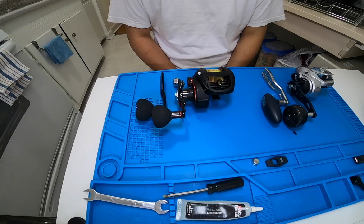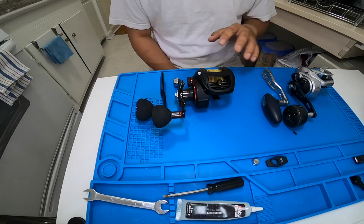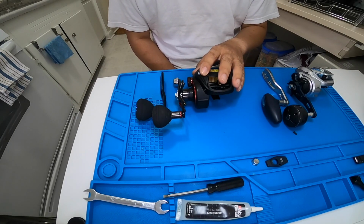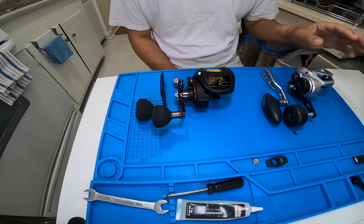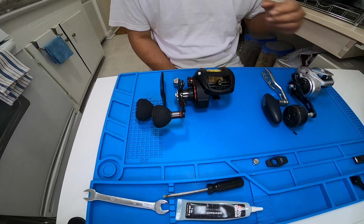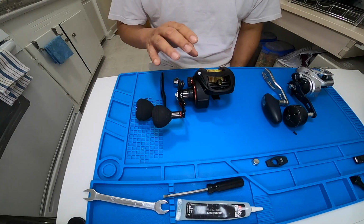Today we will be upgrading the handles of two reels, the Penn Fathom 400 low profile reel and my Shimano Tranx 300. Okay, now the Penn Fathom